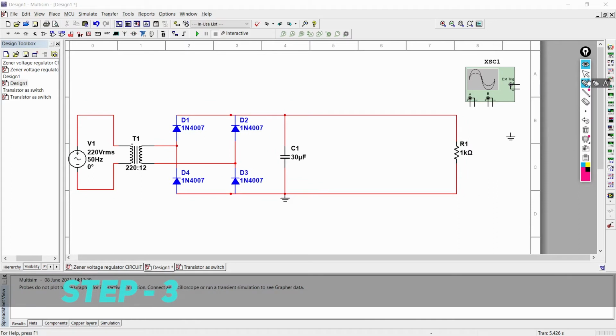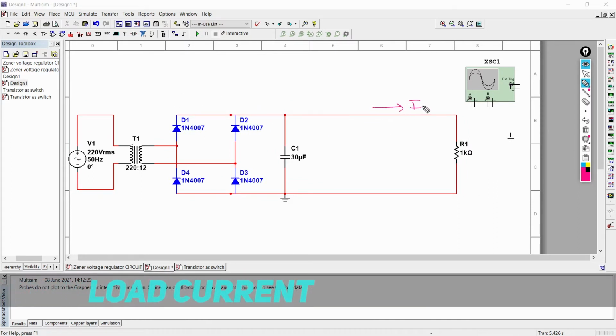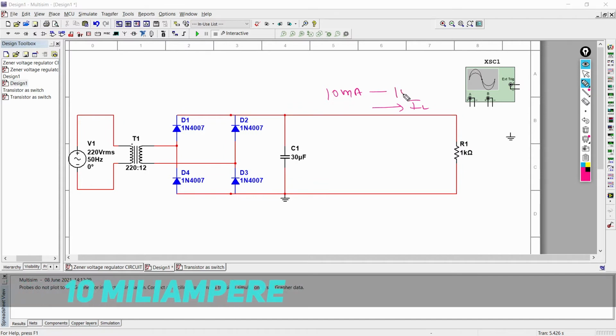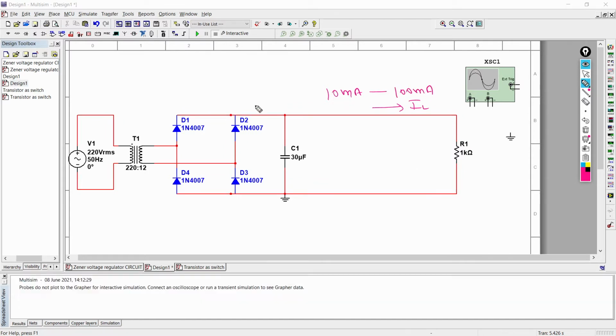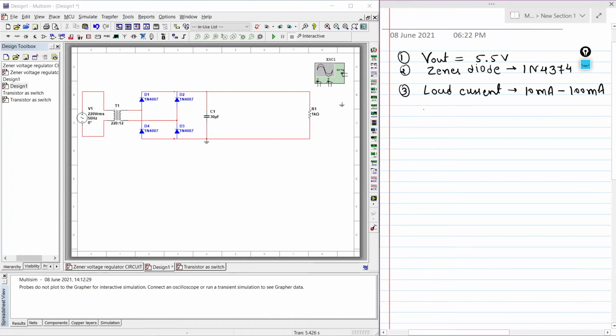In step number 3, we are going to finalize the load current, the range of current that we are going to supply using this Zener voltage regulator, and we are assuming it to be between 10 milliampere and 100 milliampere. So let's remove this and make note of these 3 points. Now we have listed all these 3 points.